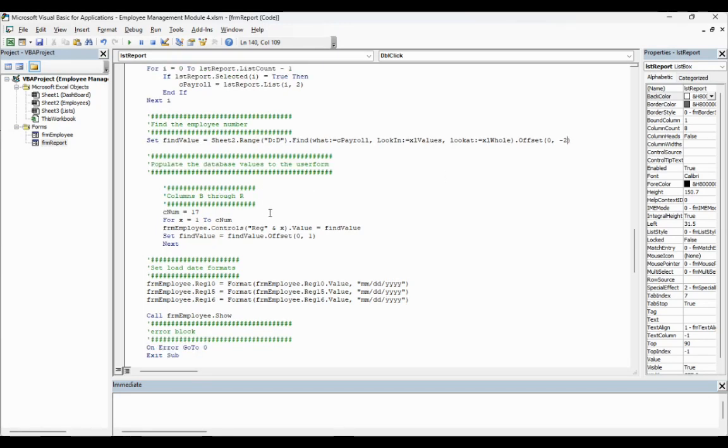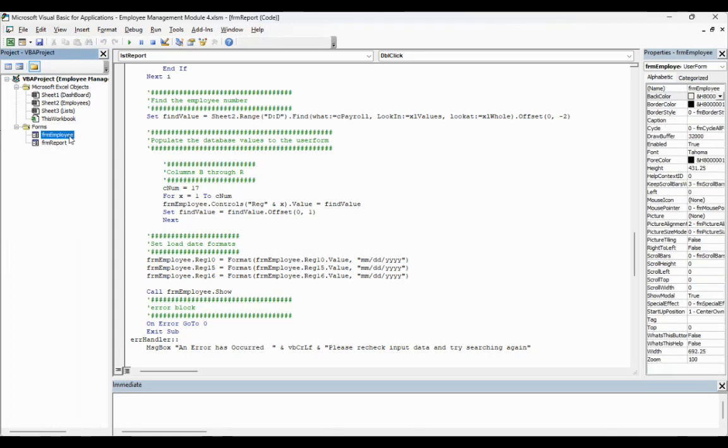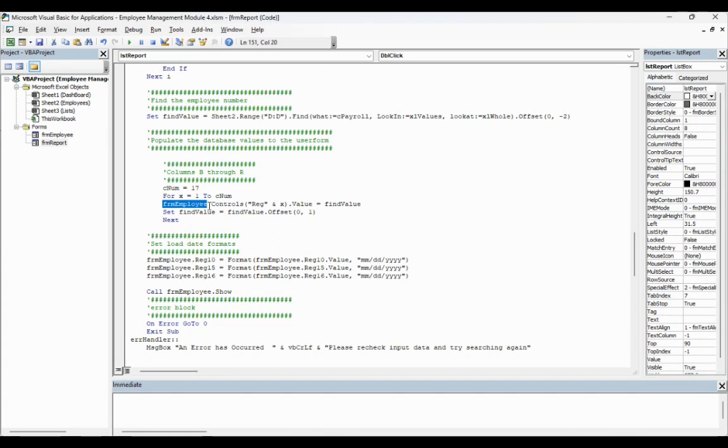And here's where I added my little trick. I want it so that when you double click on this, it opens the form employee filled with this employee's information. And I did that by putting form employee dot controls reg and x dot value equals find value. So it's kind of like what we did before with the double clicking, and then we offset it every time